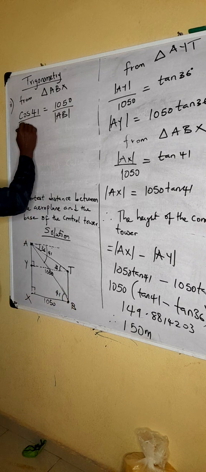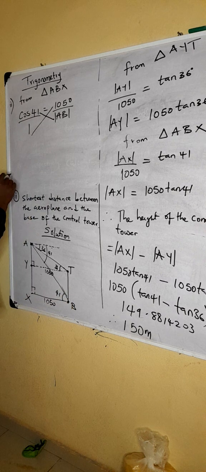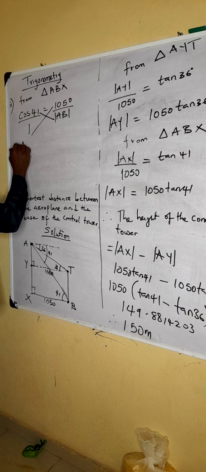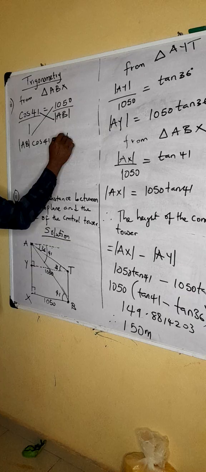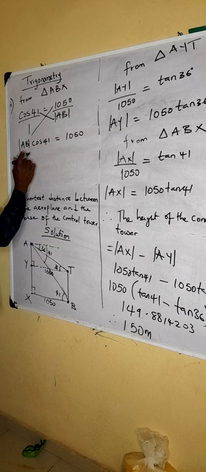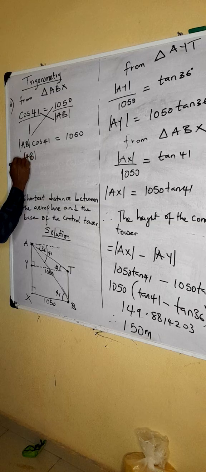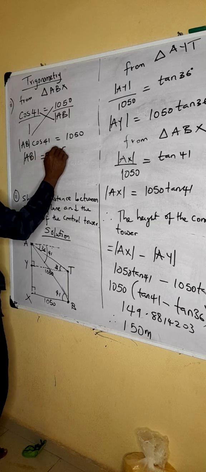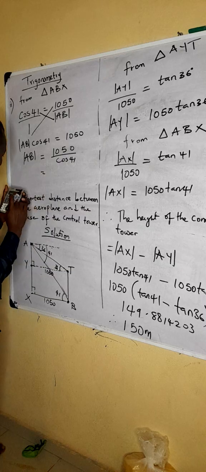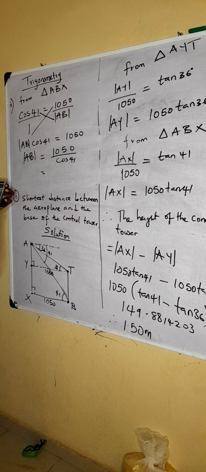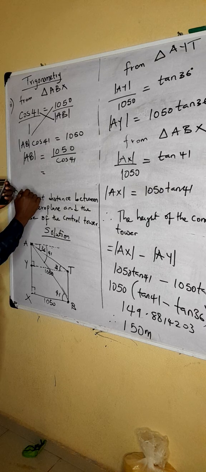So we cross multiply. We have AB cos 41 is equal to 1050. You divide both sides by cos 41, so you have AB. Since we have a calculator, we can quickly do that. It's 1050 over cos 41. So we just have 1050 divided by cos 41. Press equal to. It gives us